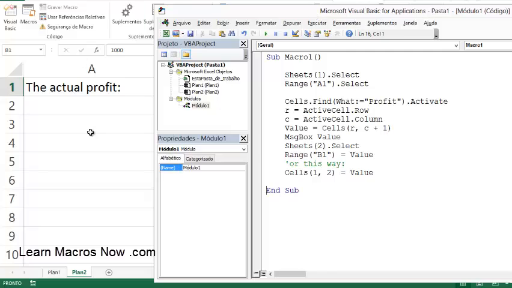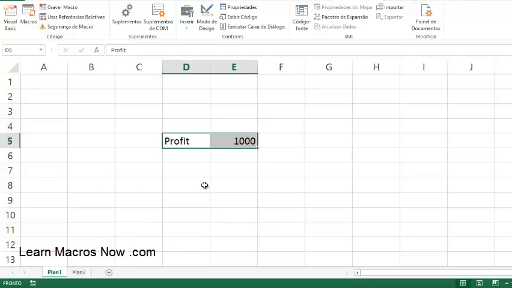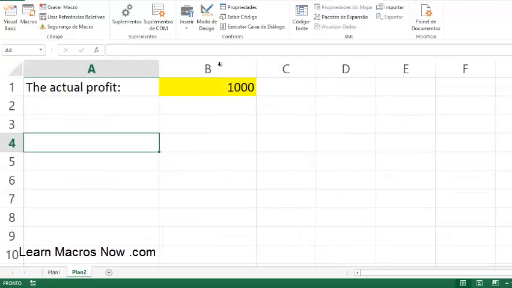And every day you're gonna open up this Excel, and you're not gonna find profits on A12. It could be everywhere. It could be over here, and that's gonna work. It could be over there, and this is gonna work, because I'm gonna look for the word profits, and then I'm going to go one column more to get the value